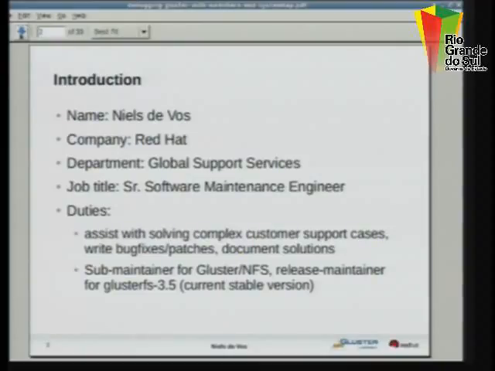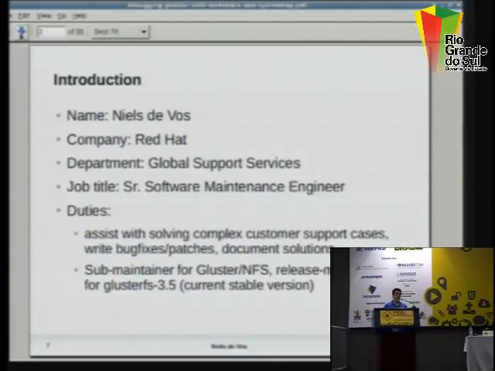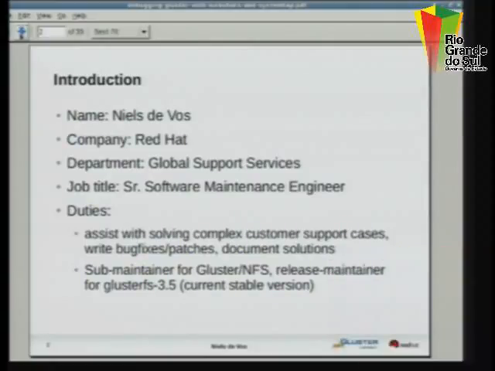My profession is with Red Hat. I'm a software maintenance engineer. My main duties are fixing bugs, fixing complex customer cases, helping other support engineers, learning new technologies. As part of my job,